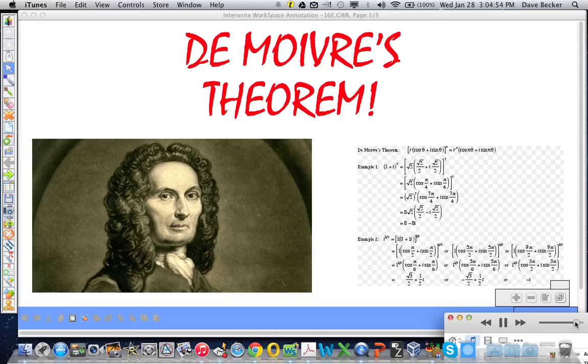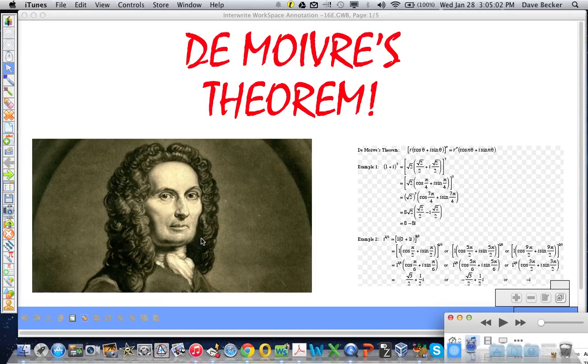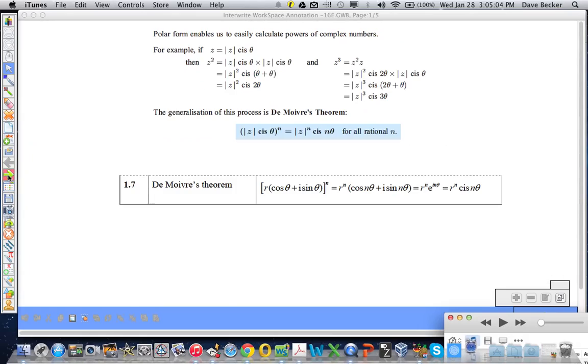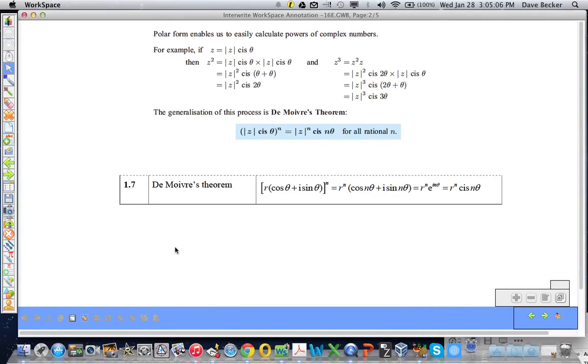Let's go right into de Moivre's theorem. All right. So he looks angry, doesn't he? Looks like an angry man in that picture, but we'll leave him alone. All right. So let's take a look at where de Moivre's